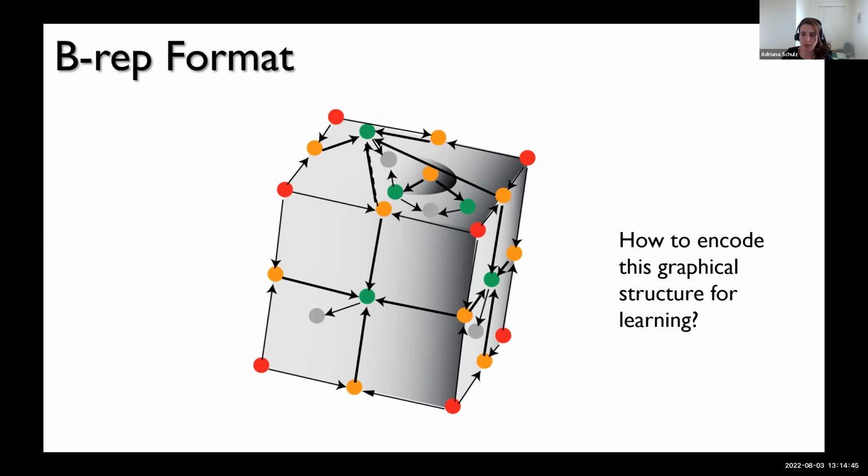The first is that in BREPs, you have different types of topology. So you have vertices, edges, loops, and faces. And when we do referencing, for example, for mating, we want to be able to refer to all of these different types. This means that our graph is heterogeneous, so the nodes have varying types. And heterogeneous graph neural networks are expensive to train.